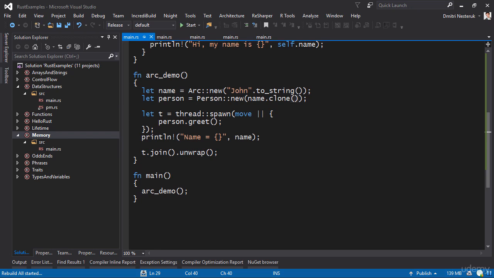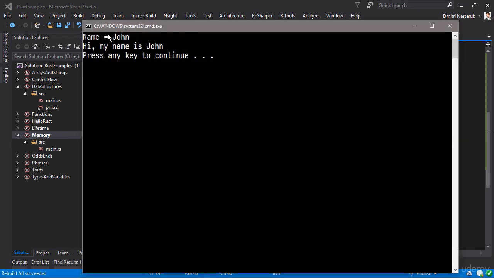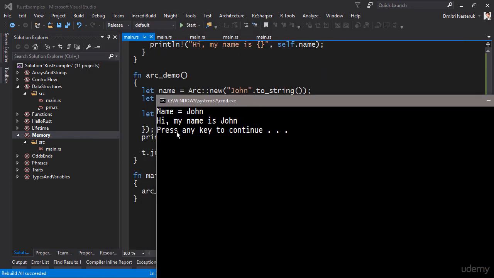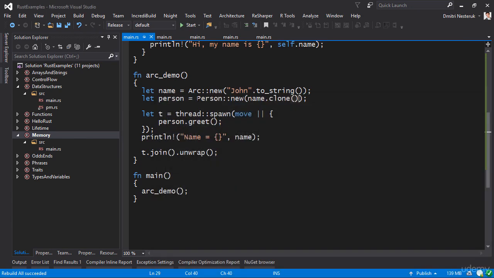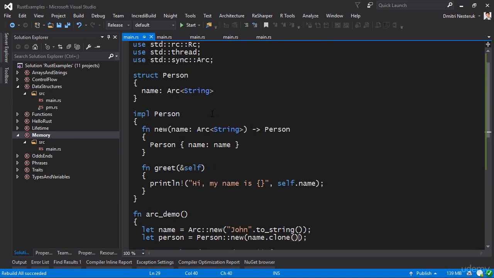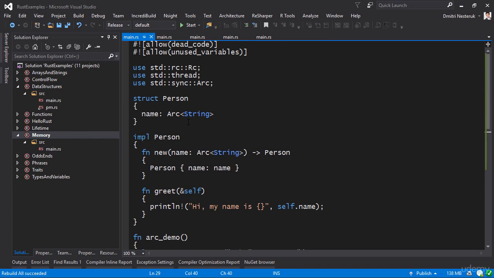Let's go yet again, and hopefully this time around everything compiles, and let's execute just to see that everything works correctly. So here we have name equals John, and we have hi, my name is John, so everything is fine. So the takeaway from this is that if you plan to not just pass around a variable in a single thread,